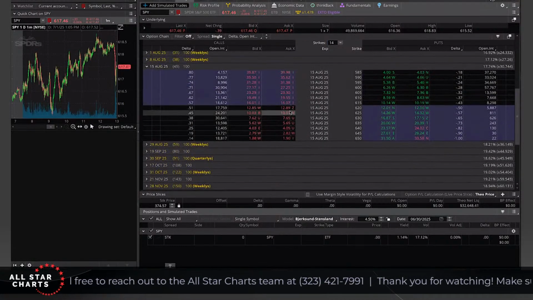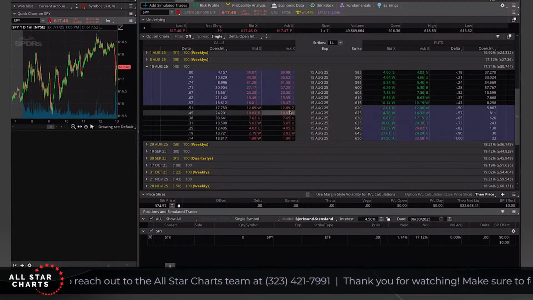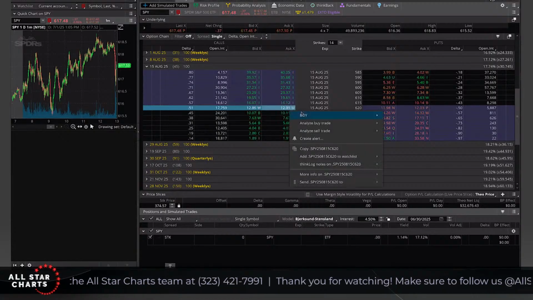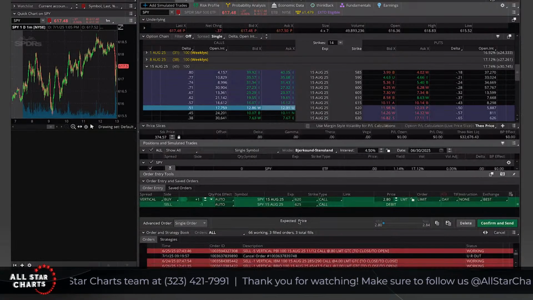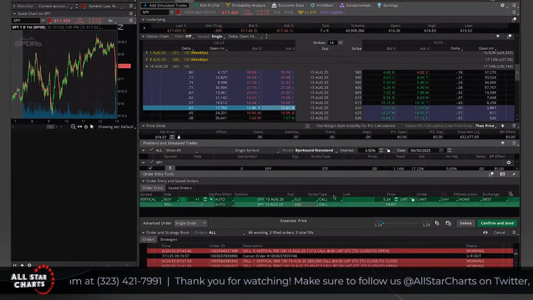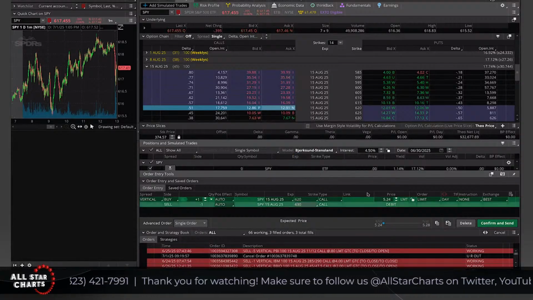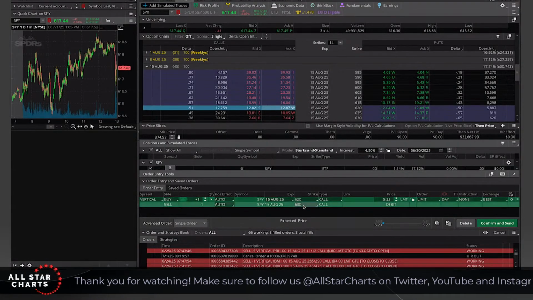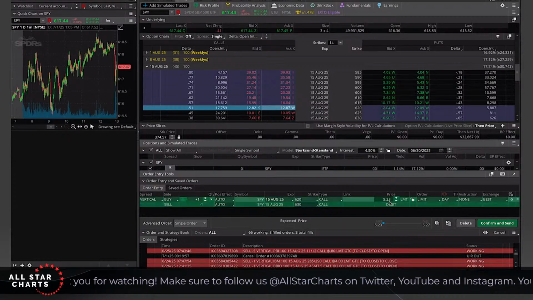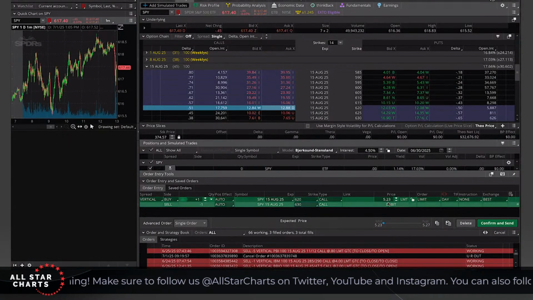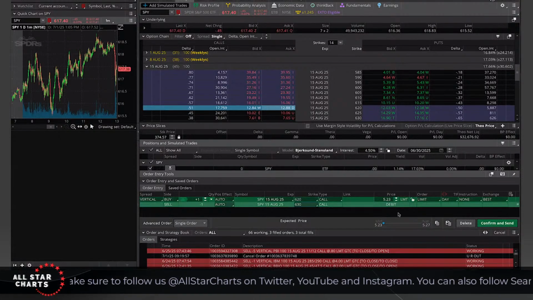I'm going to buy an at the money, just out of the money bull call spread. So I'm going to buy the August 620 calls, and I'm going to sell the 630 calls against it. This is just a hypothetical bull call spread, a vertical spread. You'll notice here on my screen, I set it up where I'm long the 620, short the 630. It's going to cost me about 5.23 to put this trade on. That's 5.23 times 100 shares, so it would cost me 520 bucks.